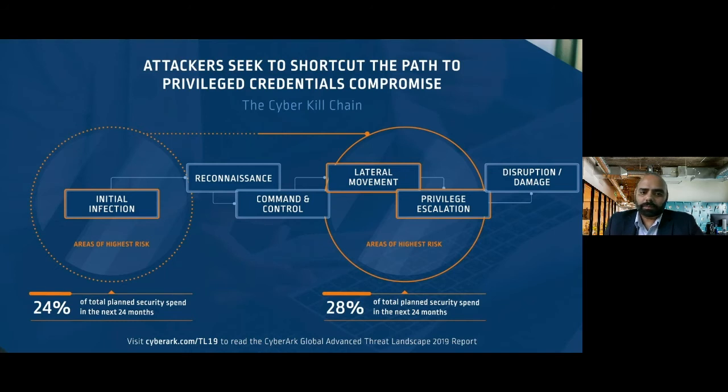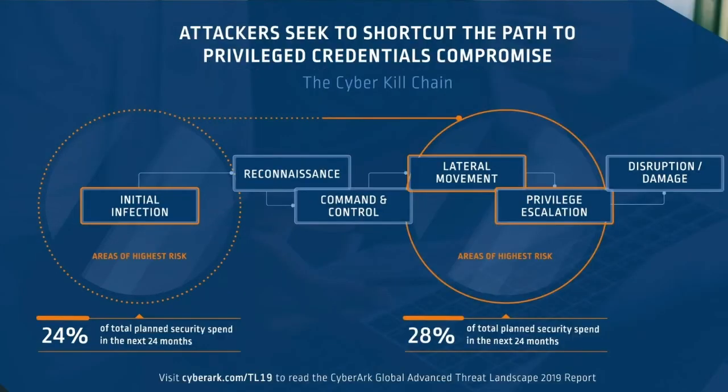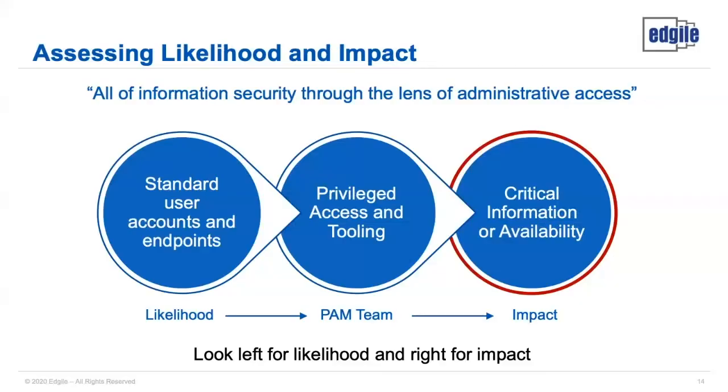And so I'll add that since this is a CyberArk slide, they've also added some circles that represent the links in the chain that represent the highest risk and expected IT spend for those categories, represented as a percentage of the overall security spend. So if we can turn to the next slide here real quick. If you are part of an organization's PAM team, your assigned responsibilities sit right in the middle of this chain, if you saw where some of those circles were. So as a result, you end up sitting, by our perspective, this is definitely our perspective, right in the middle between likelihood and impact, right? Right during that cycle that they were talking